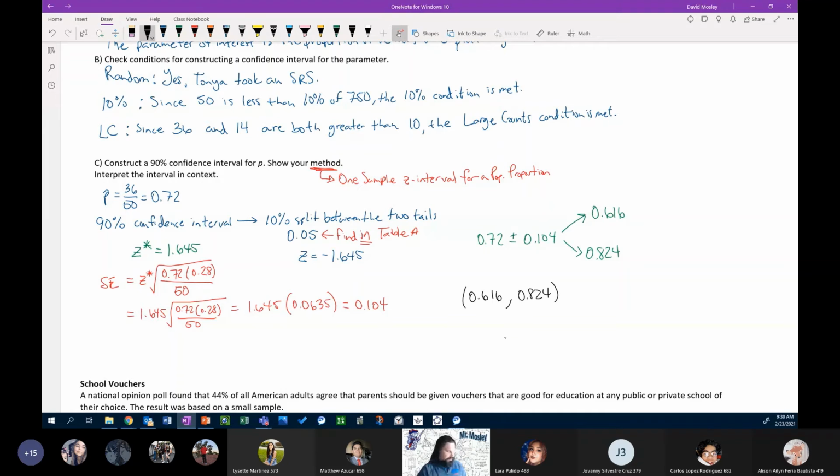So finally, this is the confidence interval that we were looking for. And now we interpret the interval in context. So again, this gives us that kind of sentence frame that we've been using for intervals. And we are 90% confident that the interval from 0.616 to 0.824